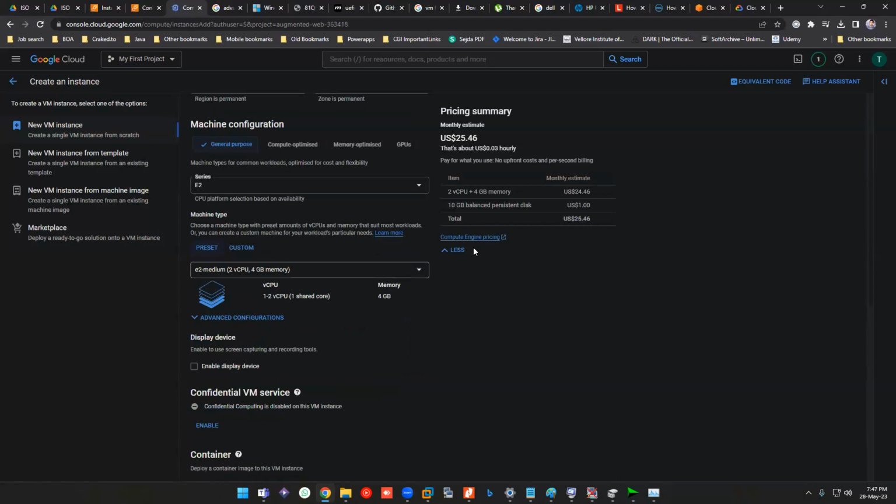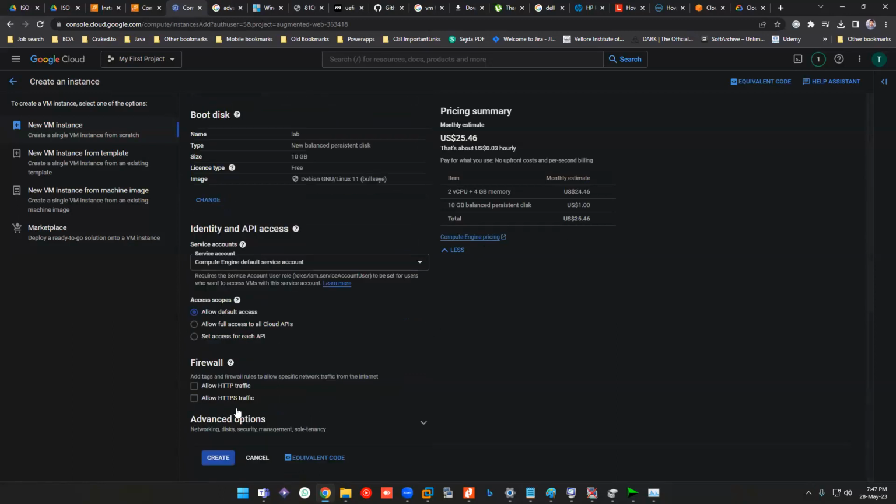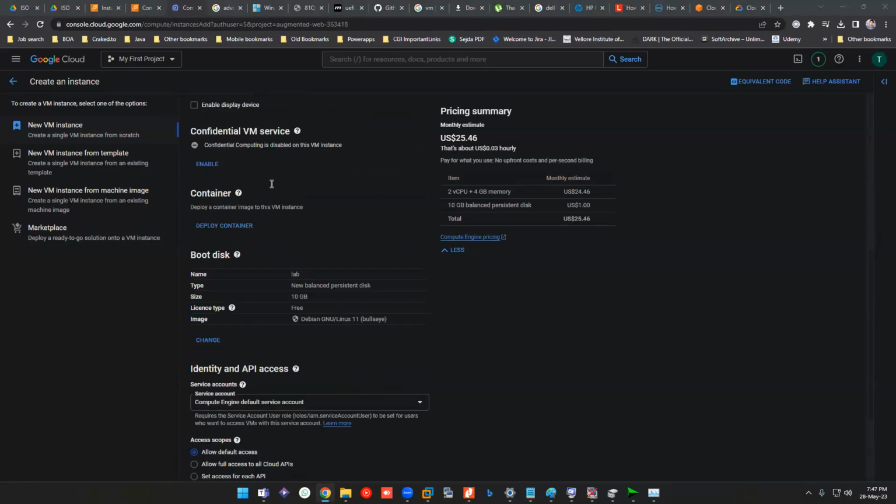So in my case, actually, let me see whether it is free tier. Okay. In my case, I exhausted the free tier. In your case, you might see a dialog box or an information section over here saying free tier eligible. Then only you need to start up that instance.